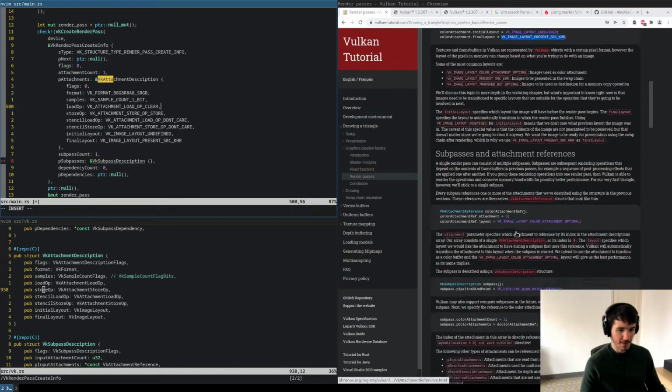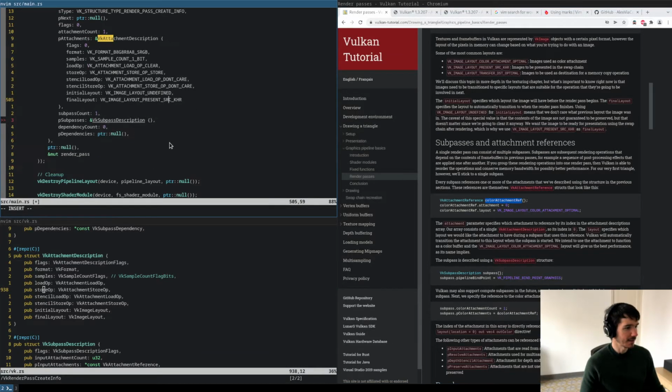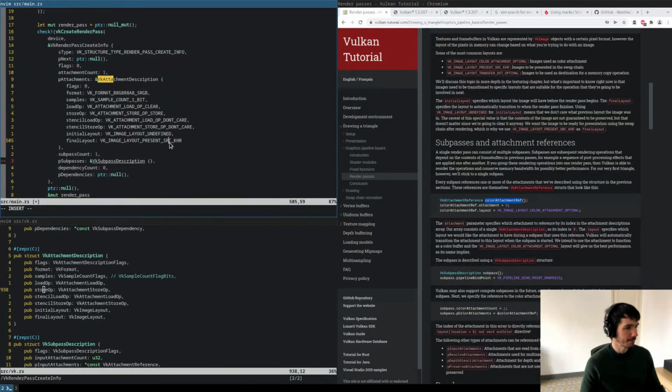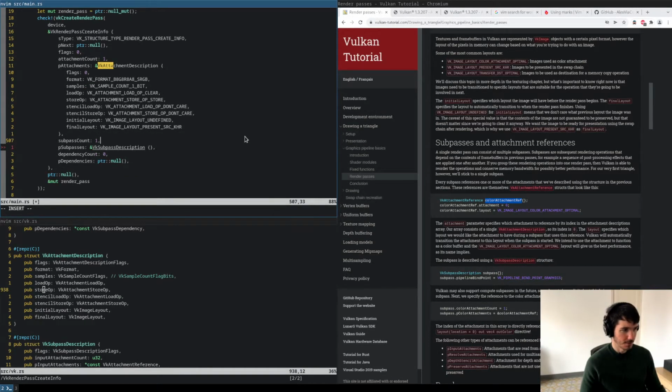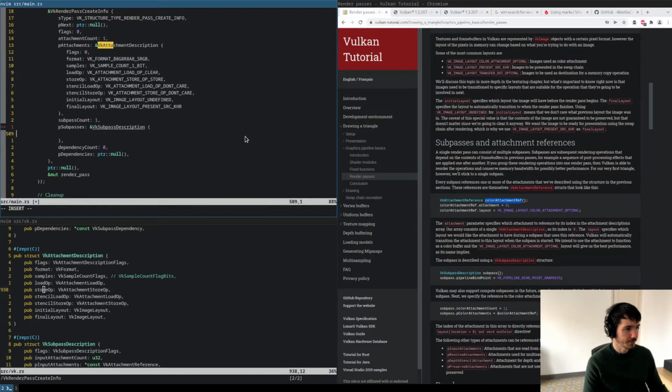Then we have this color attachment ref, which is set where exactly? It's part of the subpass. Okay. So here in the subpass description, we have